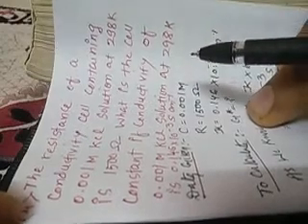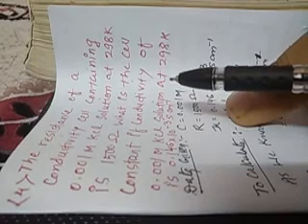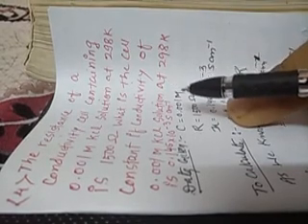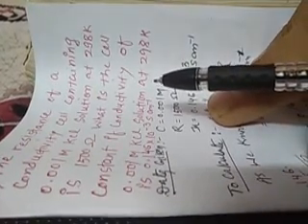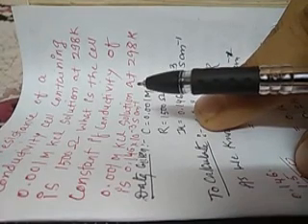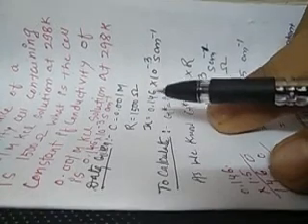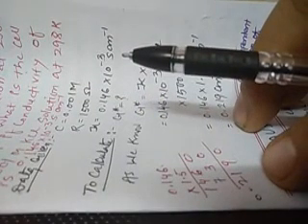The resistance of a conductivity cell containing 0.01 molar KCl solution at 298 Kelvin is 1500 ohm. What is the cell constant if conductivity of 0.01 molar KCl solution at 298 K is 0.146 × 10^-3 Siemens per centimeter? The data given is C equal to 0.01 mole per liter, resistance R is equal to 1500 ohm, kappa is 0.146 × 10^-3 Siemens per centimeter. We just need to find out G star.